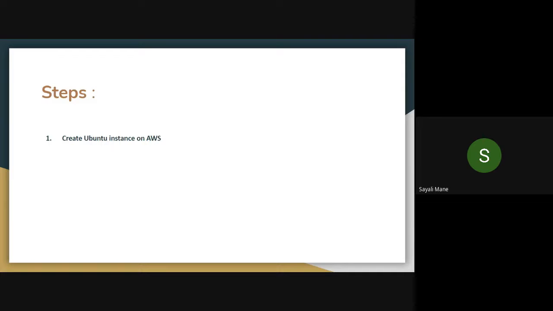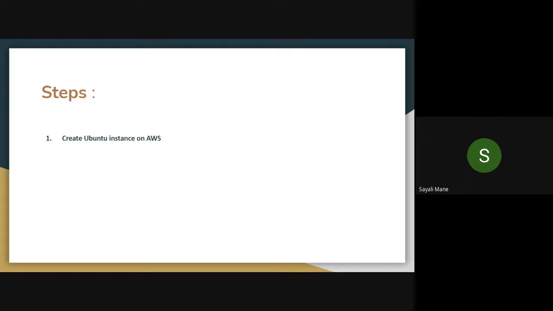Yeah, you have to go to EC2 instance, then what is the next step? Launch instance. Correct. And then as per your requirement, you can search in the search box and select the respective instance. In today's practical, we require an Ubuntu instance, so that's why we are going to first create an Ubuntu instance.